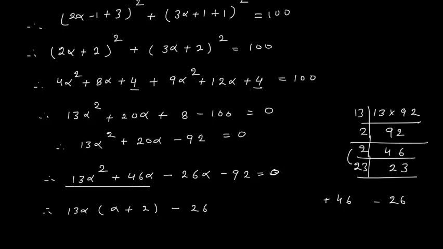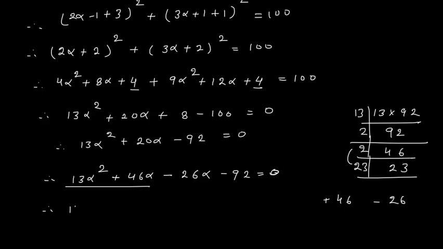Something went wrong, I think. What problem are we facing? 2 4s are 8, 2 6s are 12, then this is 23. This much is perfect. 23 into 2 is 46. This is also okay. Here, yes, I cannot take this 13 common. 13 into 2 is 26, not 46.